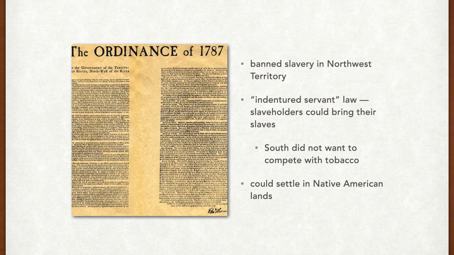So the South was always concerned about new free territories possibly taking away their power in government and potentially getting rid of slavery. This ordinance also permitted American citizens to settle in Native American held territories. So that was part of the ordinance, right? Now the people who went into the American Revolution because they couldn't settle on all this sweet land could do so now. And that was bad for the Native Americans, who often were killed or relocated to make way for these settlers.